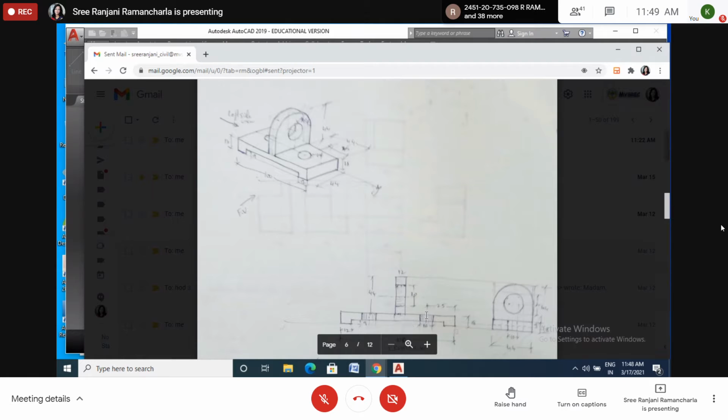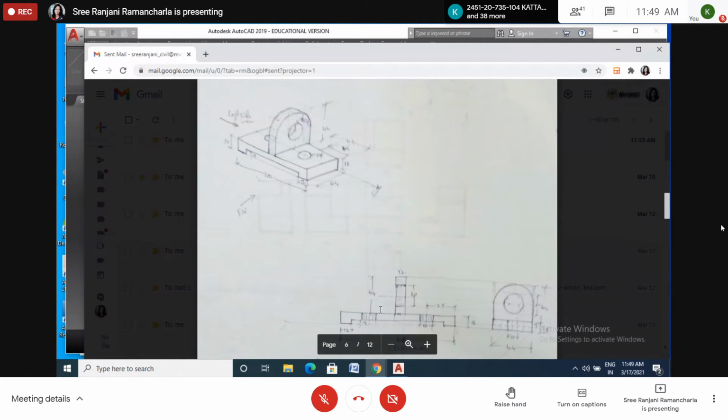And you have to show the axis line also. Here there is the axis line. Just one line, a dot line. Here also. It means it's the center of this hole. Okay. Now, no projection. Here don't draw this line. This I have removed. From here to here, this line I have removed.